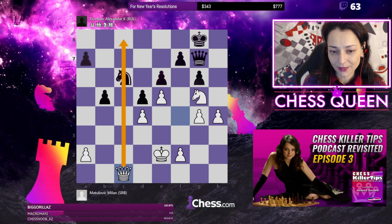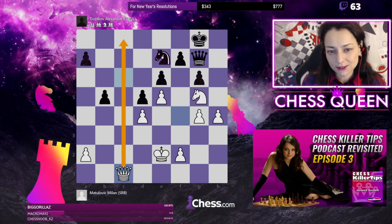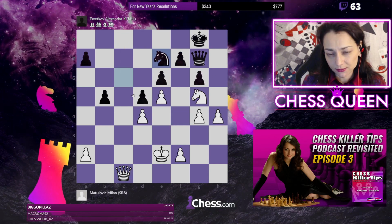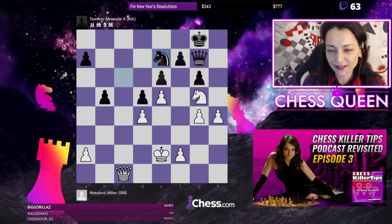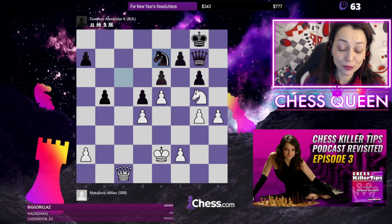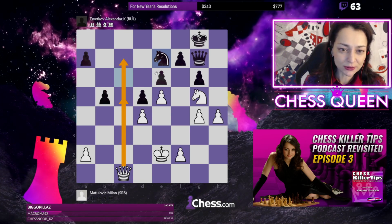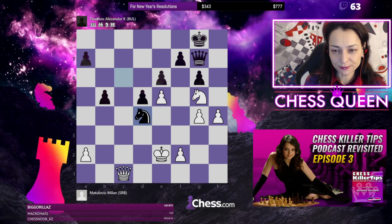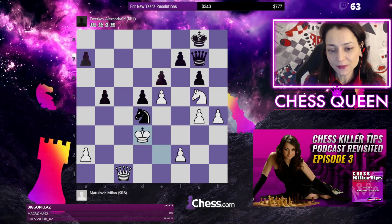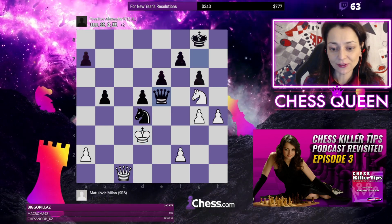In the game, black took on d4. Well, probably knight to e7 was a little bit more stubborn in the way that it will require white more time to win the game, but of course after queen c5 or queen c7 the position will be lost. So black took on d4, probably hoping to survive, but unfortunately for them, after king to d3, queen takes e5,